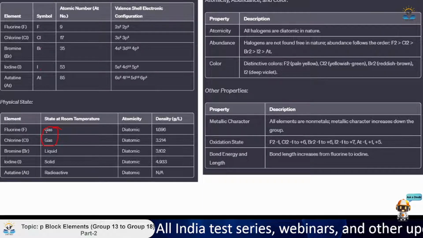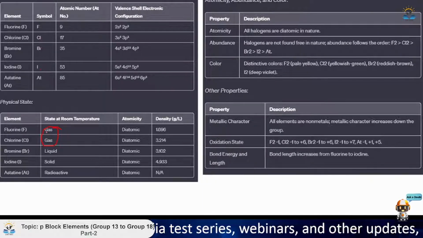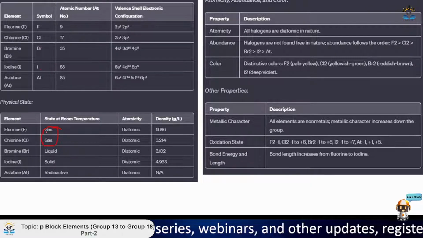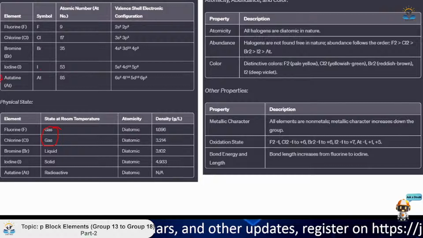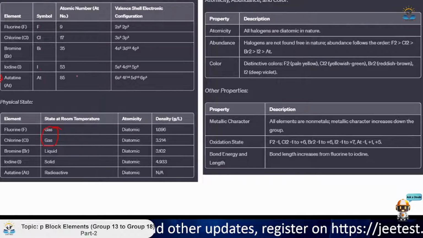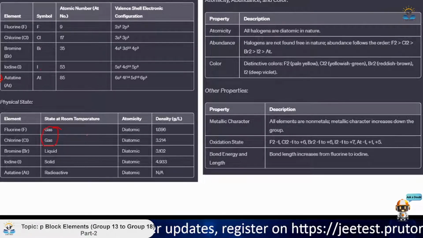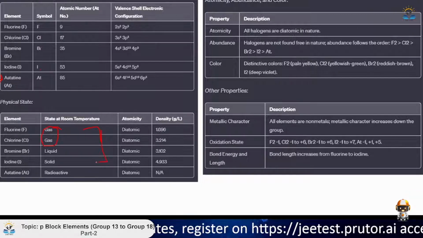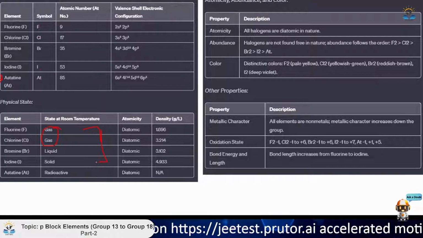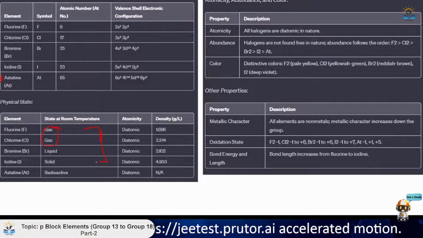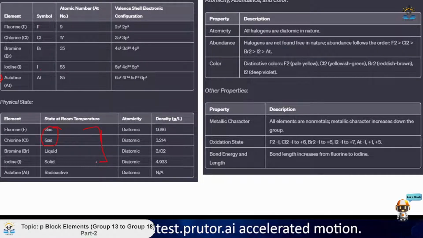Now, if we talk about the halogens, most of them are diatomic in nature. I mean, all of them are, but you get the point. I'm saying most because we are not talking about astatine over here. These elements have their own characteristic colors. For example, fluorine is pale yellow, chlorine is greenish yellow, bromine is reddish brown, and iodine is